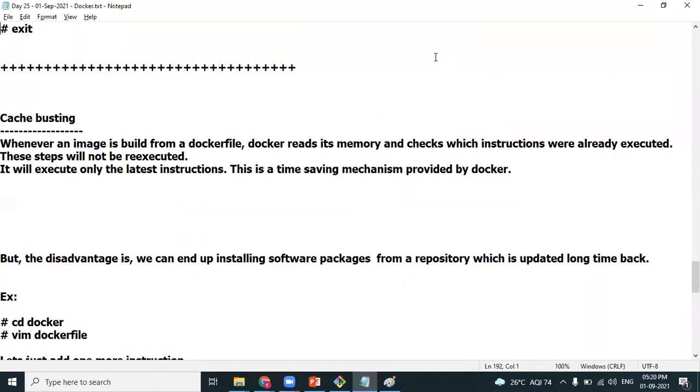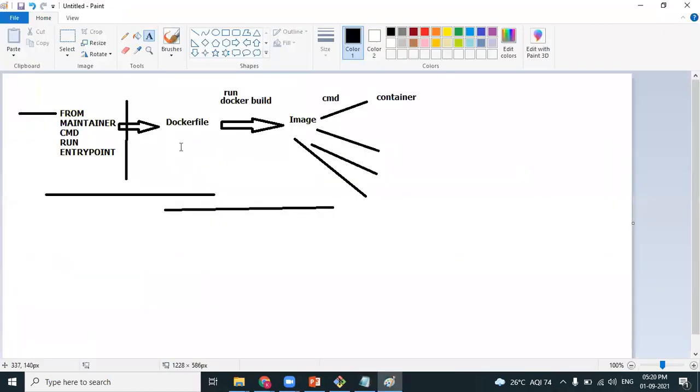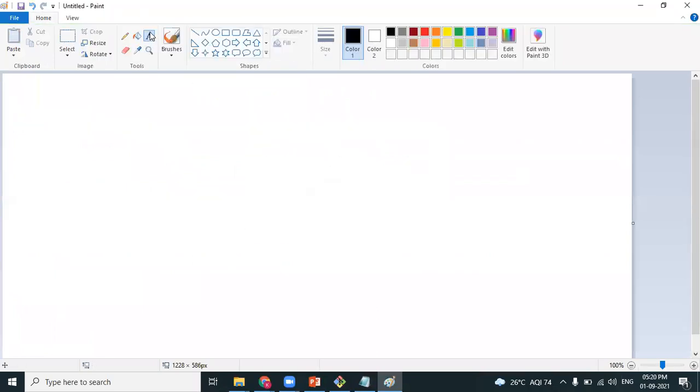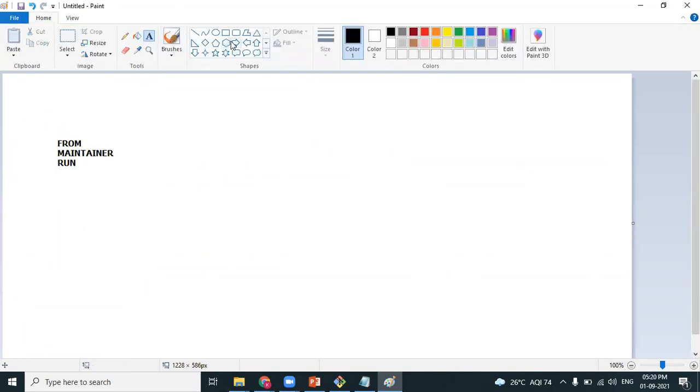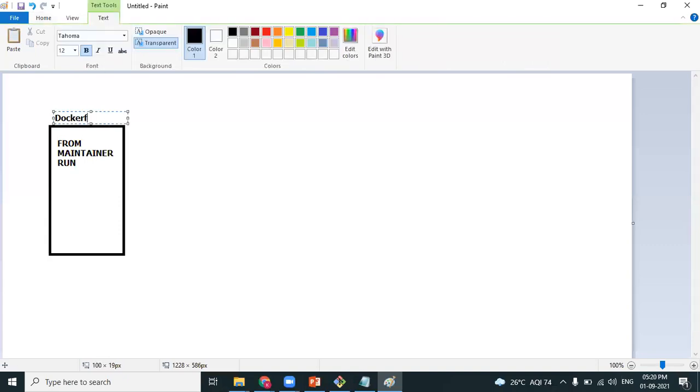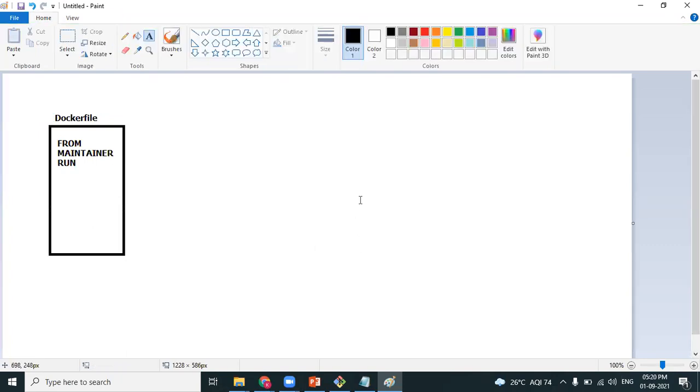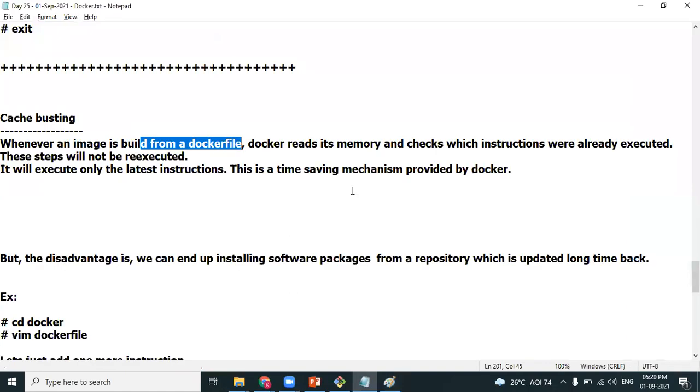Let's have a theory first. Using keywords like FROM, MAINTAINER, RUN, you create a Dockerfile.